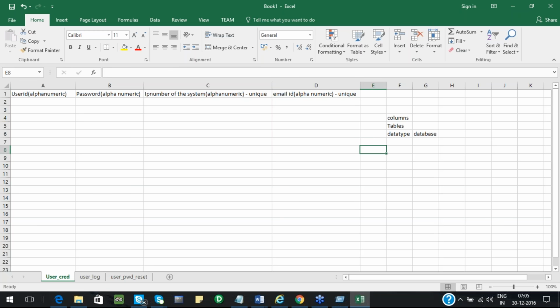The reason being, I can have multiple user IDs if the client accepts it. With a single email ID, I can have multiple user IDs unless and until the client disallows it. If the product or the application being used does not want different user IDs for the same email ID, then this particular value will be unique.